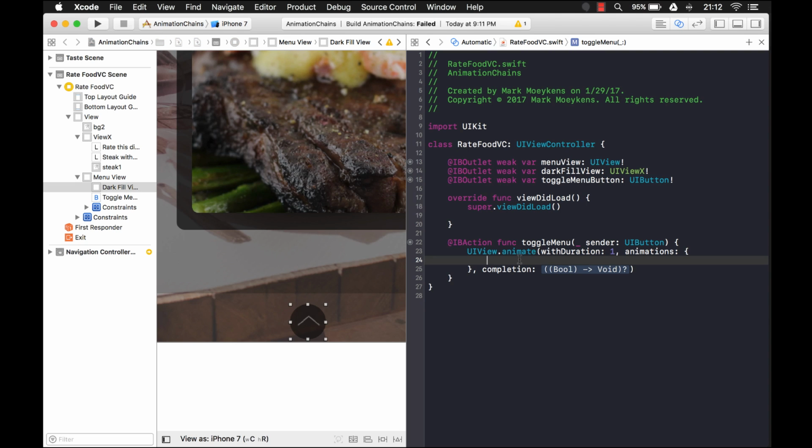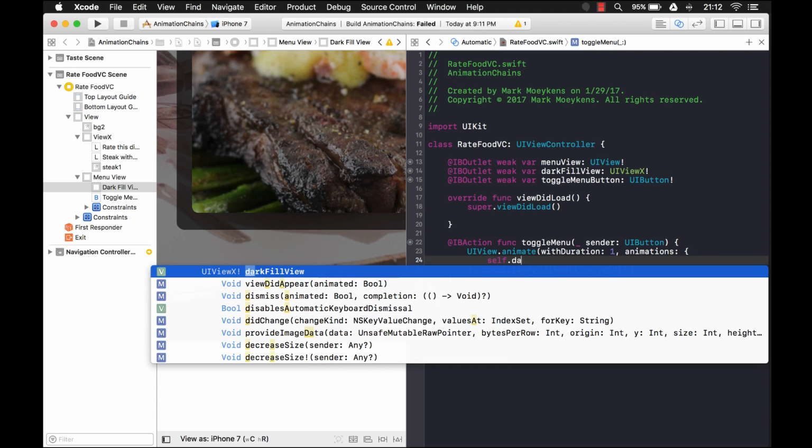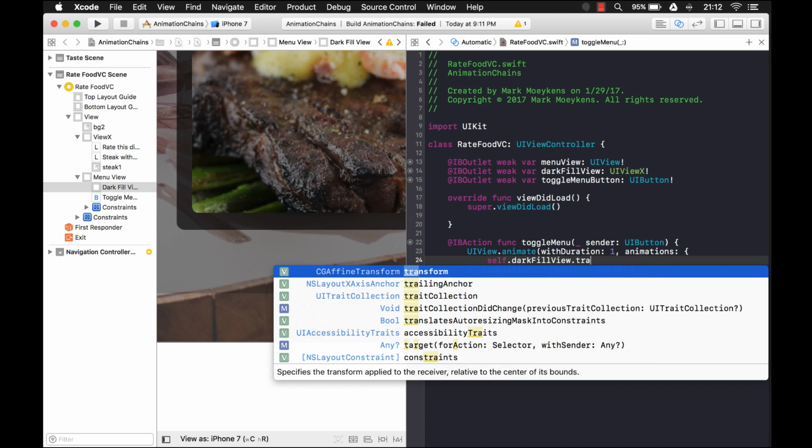Transforms allow you to take an object and basically manipulate its size or its position or rotate it. It's very, very handy to learn these transforms. And the transform property is right on the object itself. So if I say self.darkFillView.transform, this is where I'm going to be setting it, right on this property right here. So basically what happens is you create a